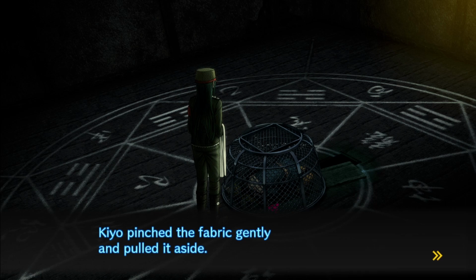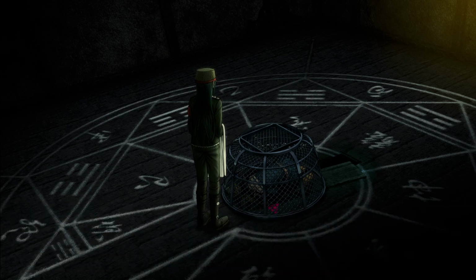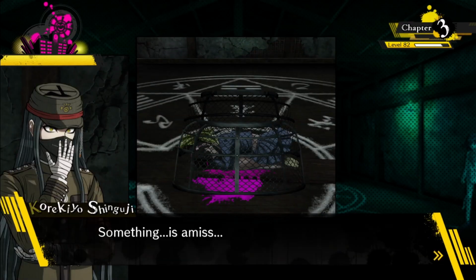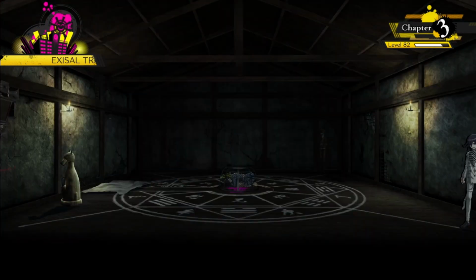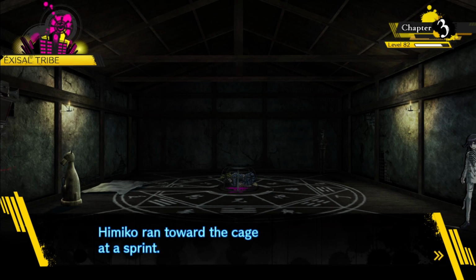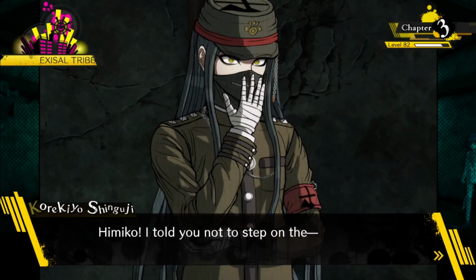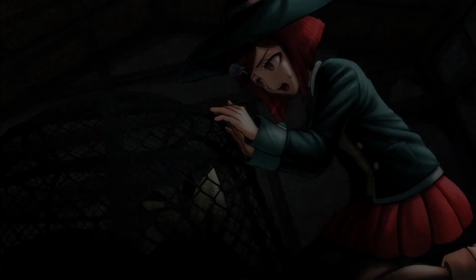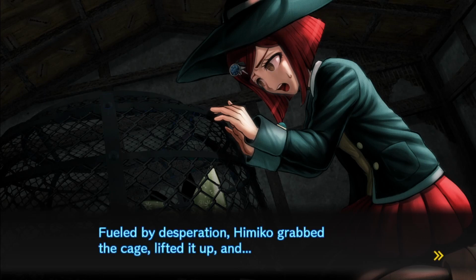I'm sad. Kiyo pinched the fabric gently and pulled it aside. Oh, that's your reaction, Kiyo? Something is amiss. You don't say. Yeah? Tenko. It almost looks like she's covering her face, too. Himiko ran towards the cage at a sprint. Himiko, I told you not to step on the... But she wasn't listening. She jumped onto the cage and... Fueled by desperation, Himiko grabbed the cage, lifted it up, and...